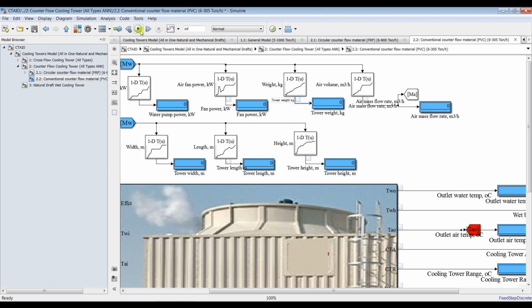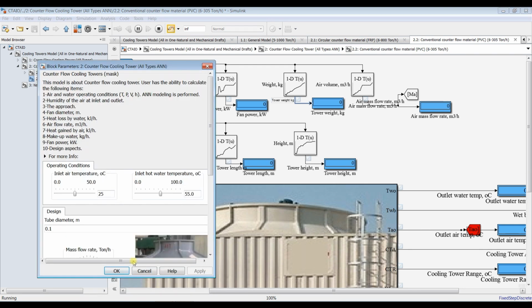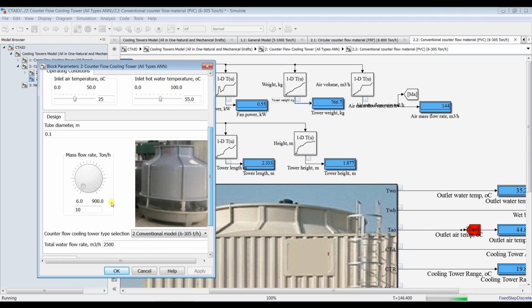This is the conventional one. I've selected it. Let's go and make some changes according to mass flow rate. And yes, this is mass flow rate. I'm increasing. Let's increase and get some new results, and we can roll out our results on the same data inspector, so we can compare between two different models. I'm going for no more than 300. Okay,